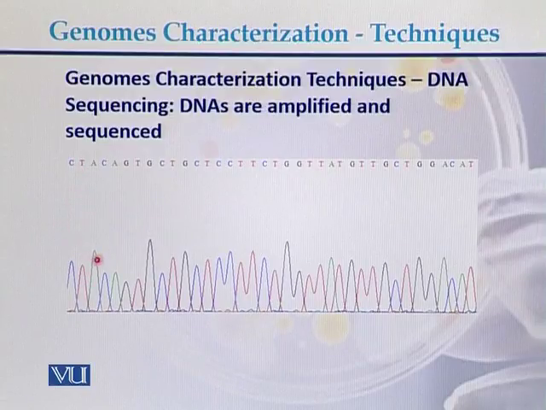thymine, the green peak is of adenine, and the blue peak is of cytosine, and this is the black peak, this is of guanine. So the sequencing data appears in the form of peaks, and each nucleotide is labeled with a specific color of peak, and with the help of these peaks we can read the